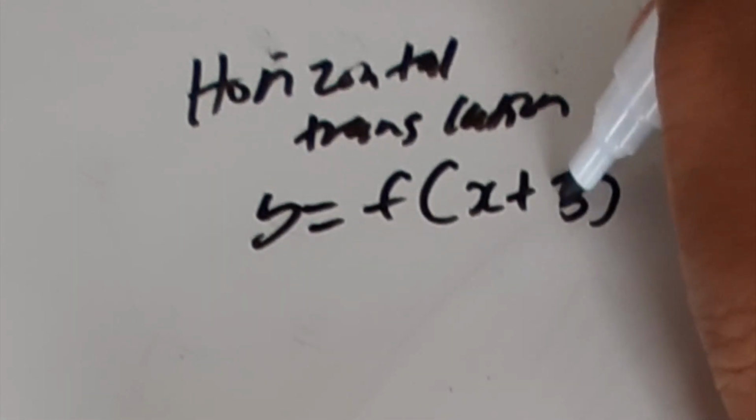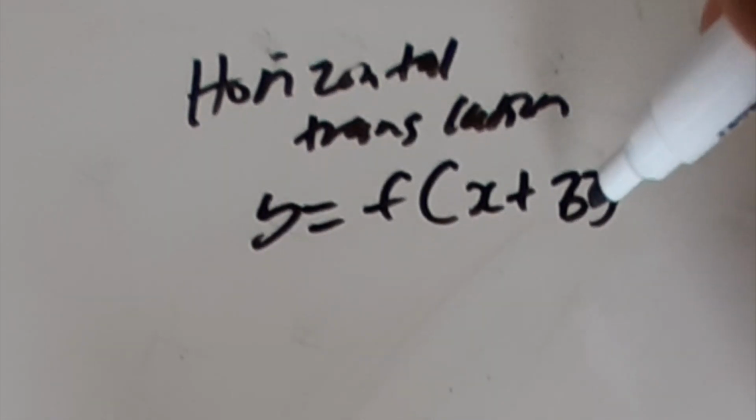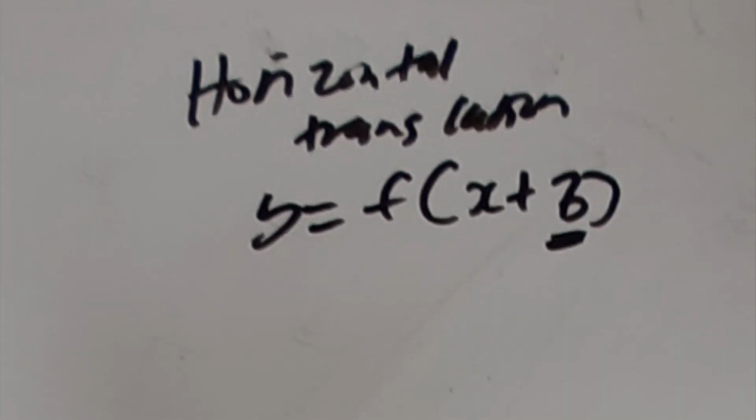Furthermore, a horizontal translation is when the graph is shifted to the left or to the right. The general form for a horizontal translation is y equals f brackets x plus b close brackets, in which if b is positive, the graph shifts left